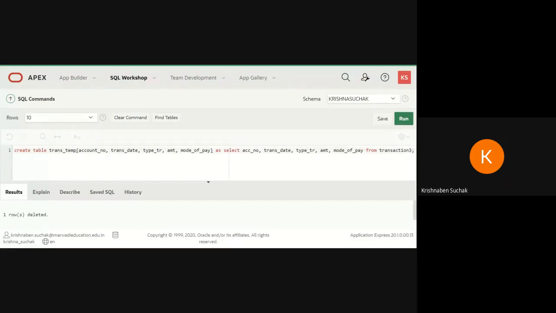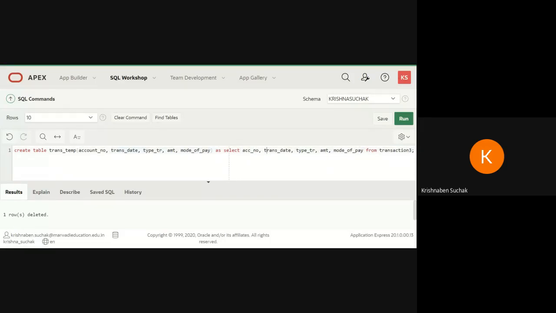Can you explain again? Yes, yes. See what I have done here in the sixth query. It is asked that you have to create another table, transaction temp. So what I did here, I created table trans temp, which was asked in the question. But I want to make a change in only one column, that is account number. In the old table the column name was ACC number, but in the new table we have to write the complete name, that is account number. So I have changed only this much, account number, and all the other columns are the same as before.